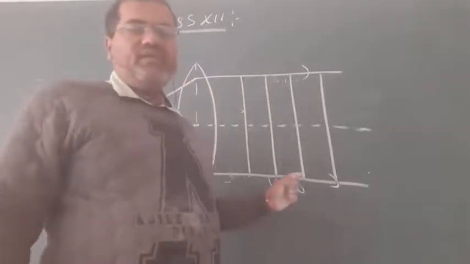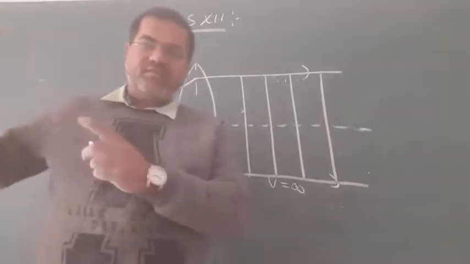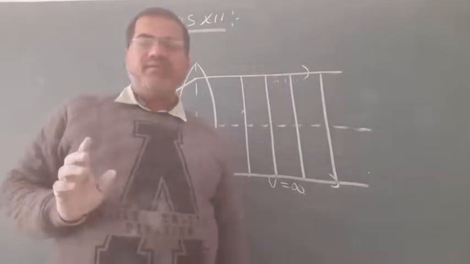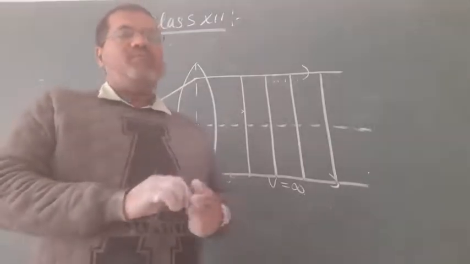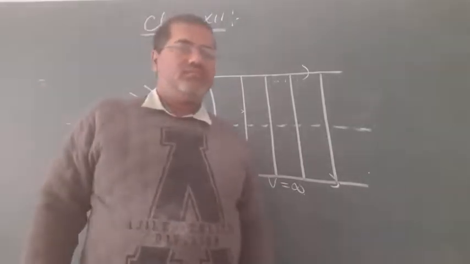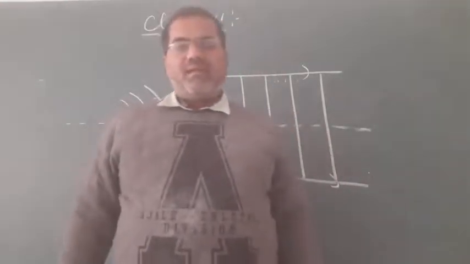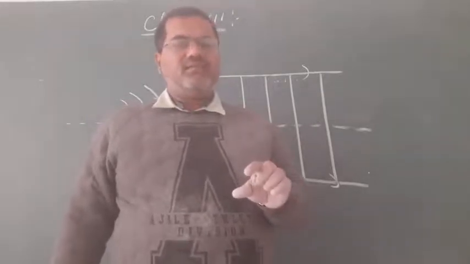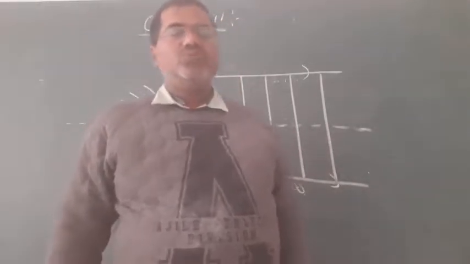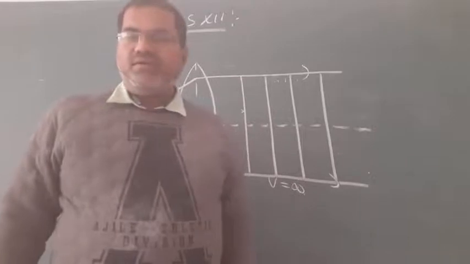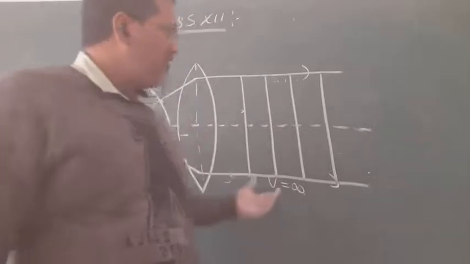One more part is given in this question, that is for a very distant object, which is, you can say, a star. So for a star you have to draw the wavefront at the Earth's surface. When the object is very far, then light rays are considered parallel, and for parallel rays the wavefront must be planar. So a planar wavefront will form at the Earth's surface for that question. So it does not need to be written here.